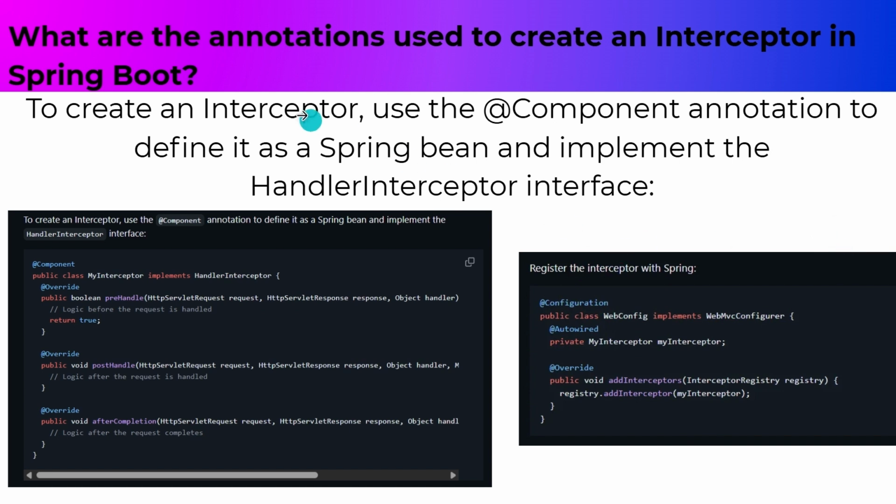Next one, what are the annotations used to create interceptors in Spring Boot? Let me tell you what interceptors are. Your Spring Boot app has different layers. Whenever you send a request to your Spring Boot app, it first reaches the dispatcher servlet. After that it goes to the filters. After the filters, it reaches the Spring ecosystem, the handler mapper, the interceptors, and by the end it reaches your controller. These interceptors are used to calculate each request's time,